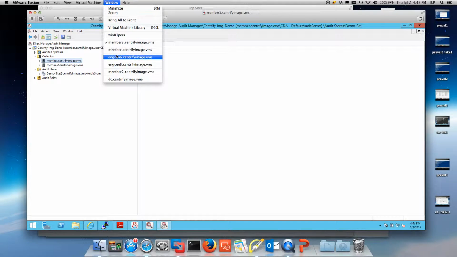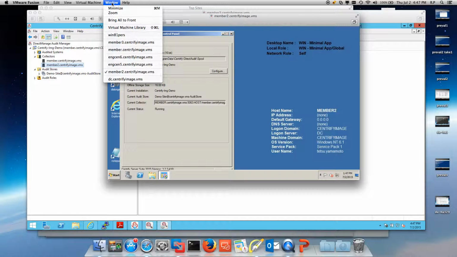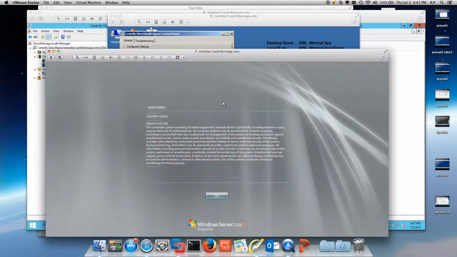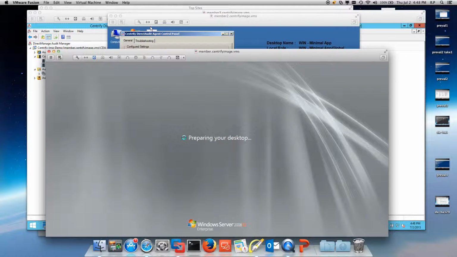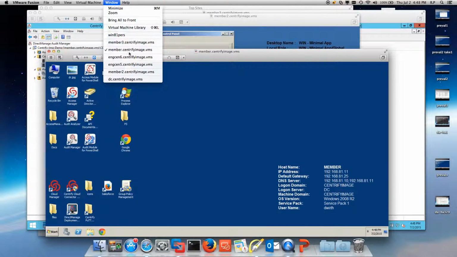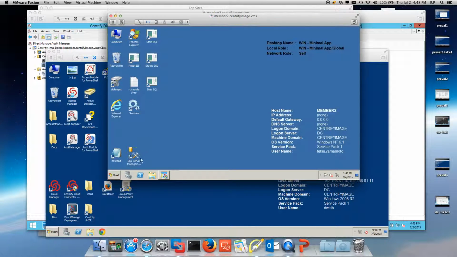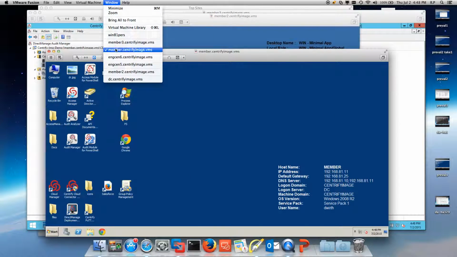I purposely left my Windows session open from the previous video to show you that this one is connected to member, right? If I were to stop the collector server on my member machine, and I'm going to go ahead and log in there, let's see what happens. So actually, let's take a look if there's a system out there that is also looking at that from our Unix perspective so we can kill two birds with one stone. So if I go back to my Windows 2012 here,